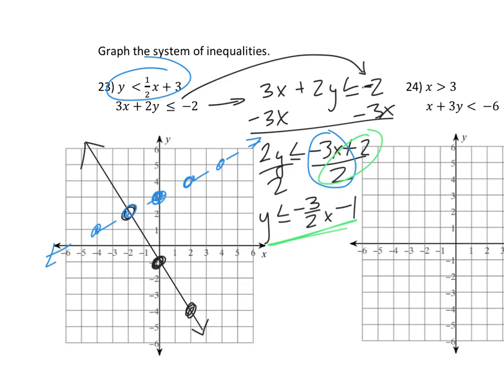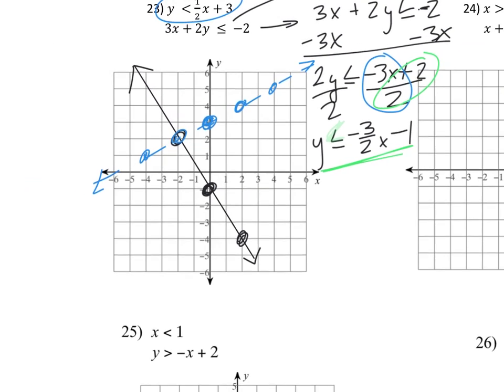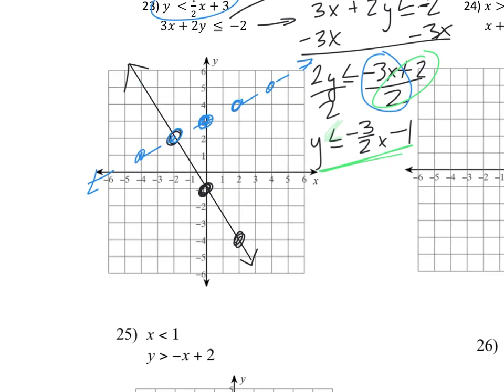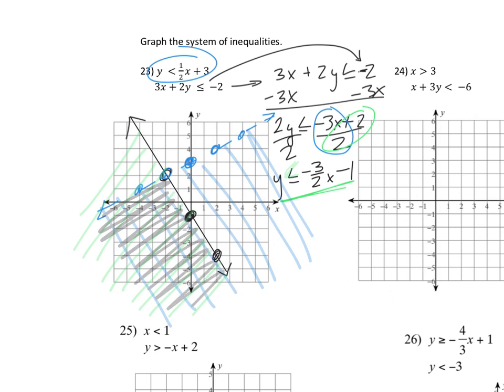So once I've got them graphed, now I'm going to go through and decide whether I need to shade up or down. This one, my green, y is smaller than negative 3x minus 1. So that means I'm going to shade downwards. And then my blue one, y is also smaller than 1/2 x. So that one is also going to be shaded down. So the solution to that system is that area right here where they overlap, where you see both the green